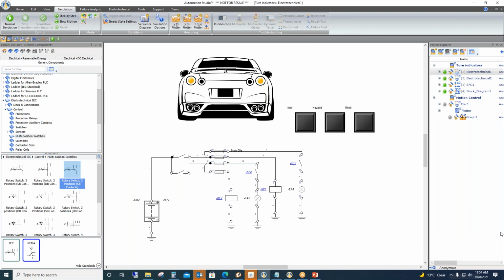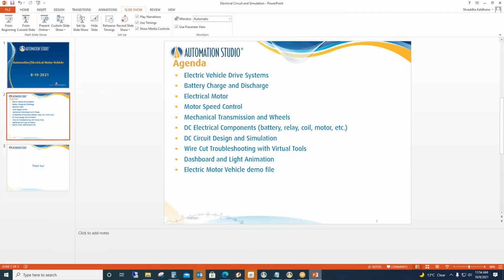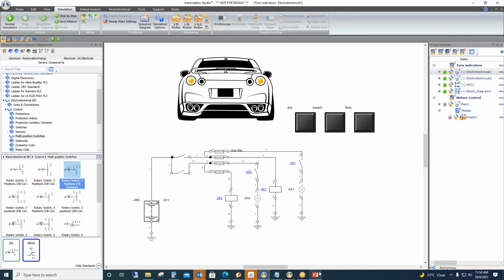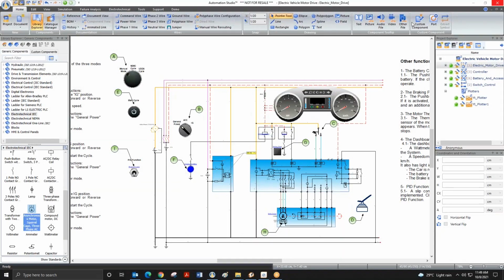Okay, just let me check. Yes, so we have one circuit to show. Sarang will present that circuit. I'll just make you the presenter, Sarang. Yeah, thank you. My screen is visible, right?